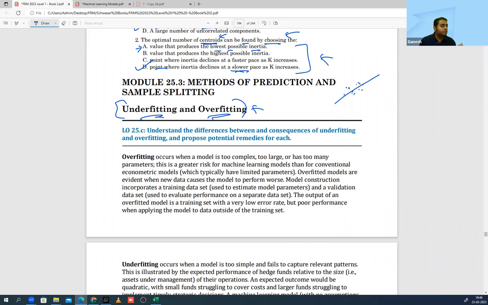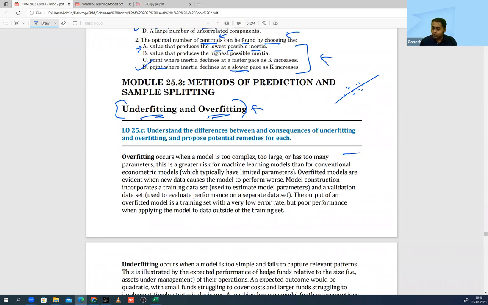When the degree of freedom goes down, your standard error will also look lower, and R square will look better. Which indirectly means your model is looking very good, but in reality, the model is not good, because when you do out of the sample prediction, with some external data, you will realize that the model is not doing well. The only reason your R square was very high is that the number of independent variables increased and your degree of freedom went down. Barabar hai?